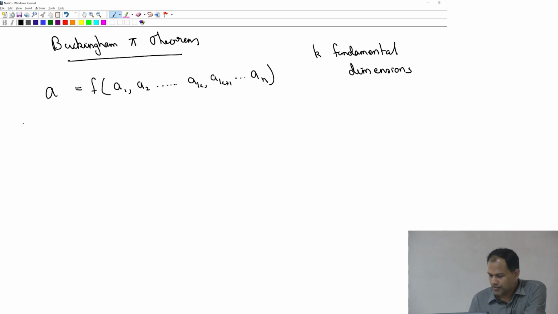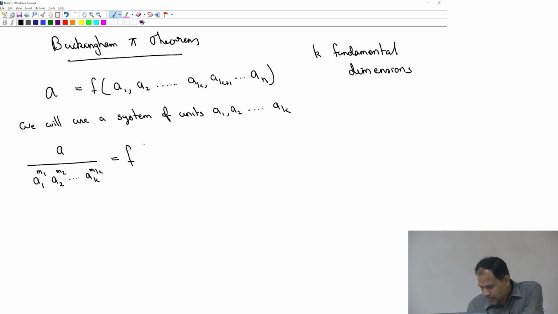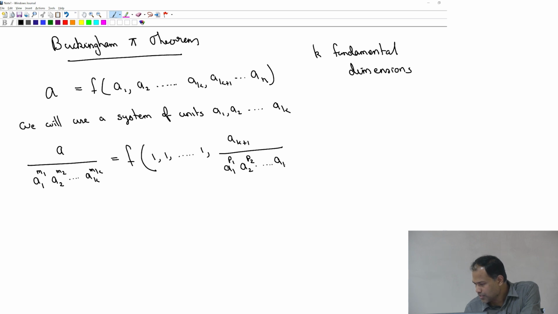And then we said we will use a system of units A1, A2, etc. up to AK, in which case we can write each of the quantities, let's say A, as A1 to the power M1, A2 to the power M2, etc. AK to the power Mk is a function of A1, A2 and so on up to AK plus 1 by A1 to the power P1, A2 to the power P2, etc. AK to the power Pk and so on,